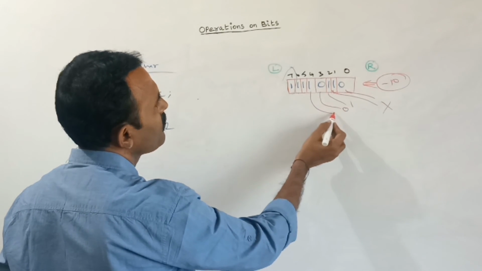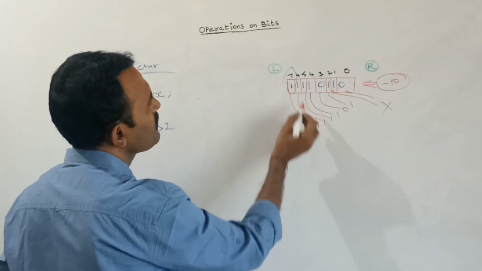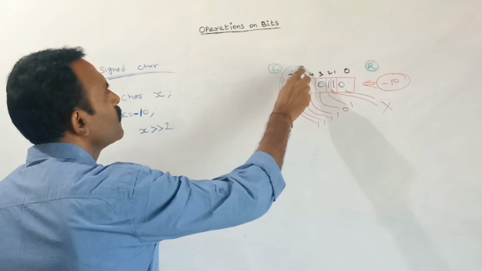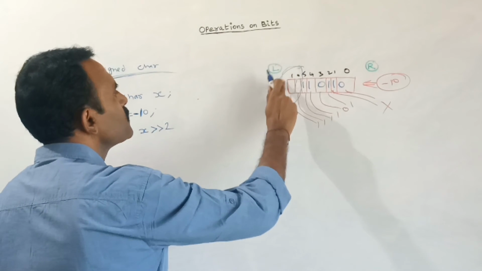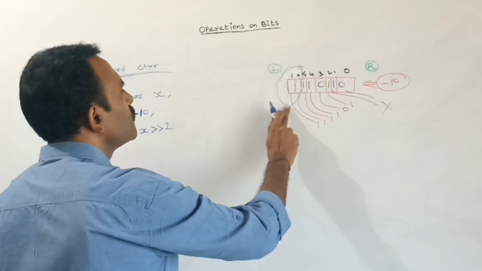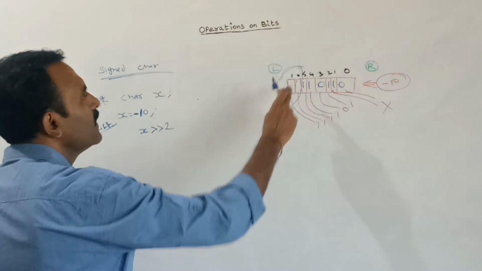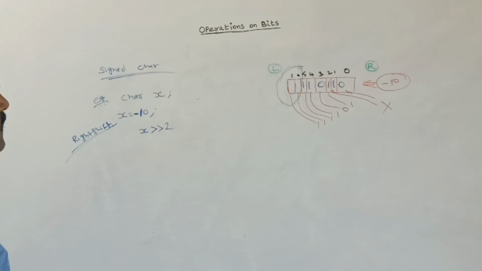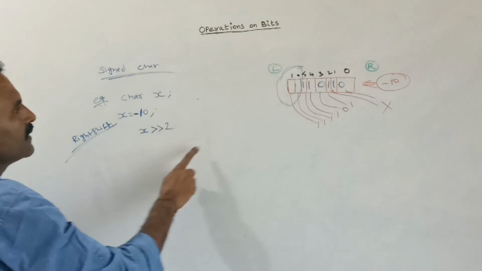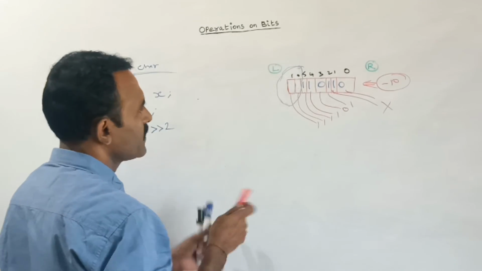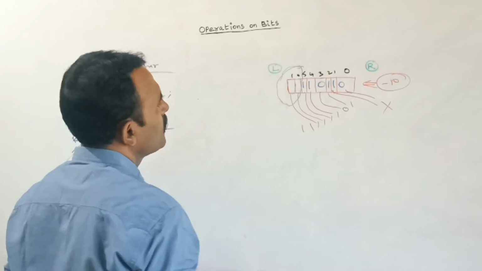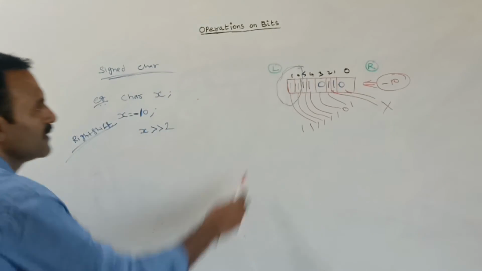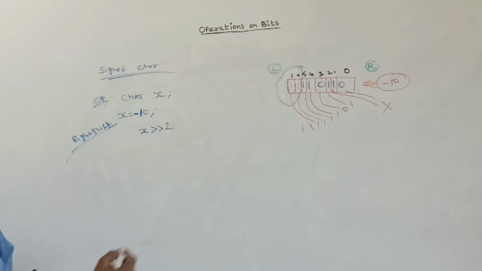In a similar way, the 7th position value moves to the 5th position. So we are moving 2 positions to the right, and the left side 2 positions will be blank. If it is blank for a negative number, on the left side we should add the value 1 for the blank space. So in these blank spaces I am adding 1. So this is the result.